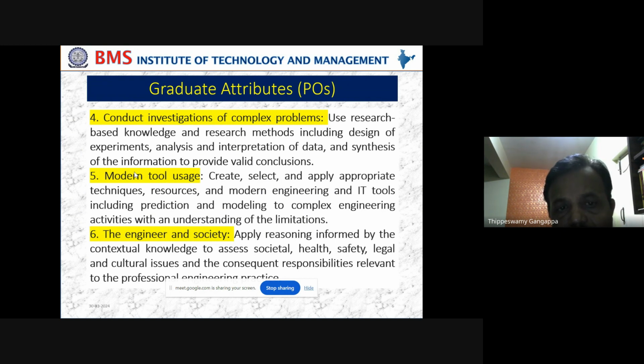If you look at the sixth PO, engineer and society: apply reasoning informed by the contextual knowledge to assess societal, health, safety, legal and cultural issues and the consequent responsibilities relevant to the professional practices. In this particular case, engineer and society, certainly it is not possible to achieve within this mono-faculty scenario. To understand societal, health, legal and cultural issues, and to become comprehensive engineering graduates, it is not possible, because the external problems, the problems of industry or society,